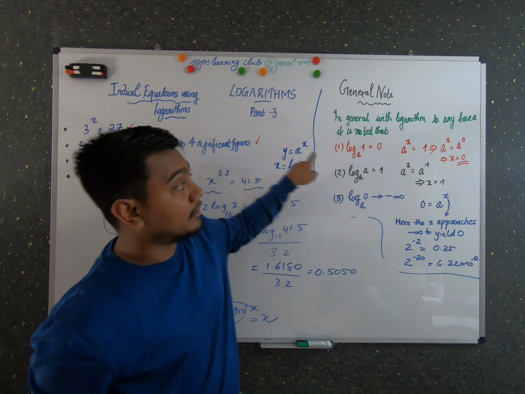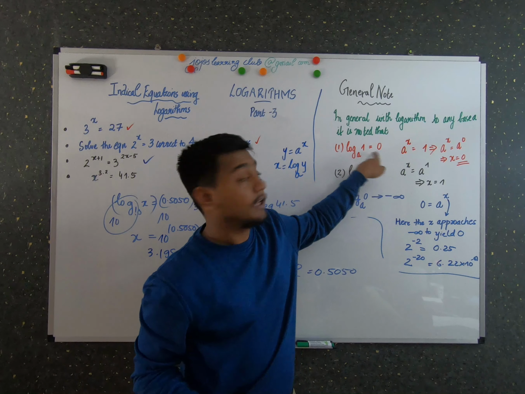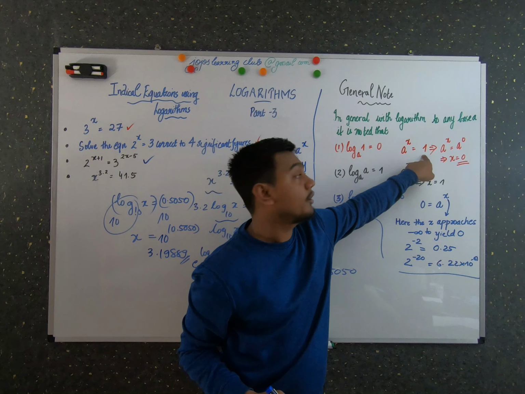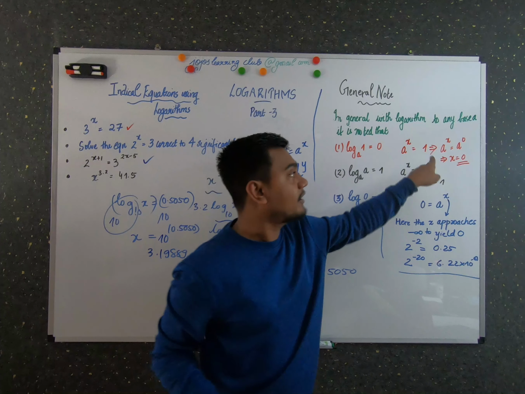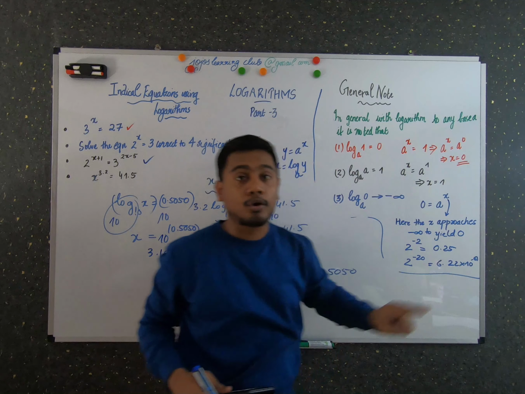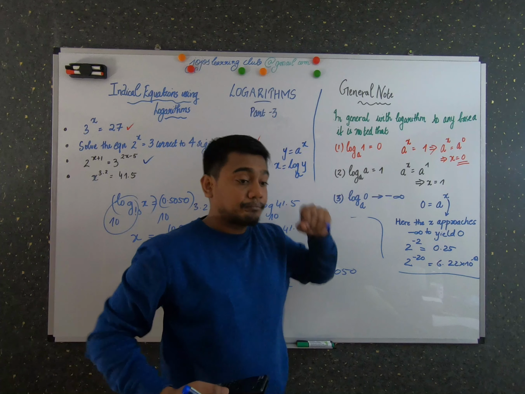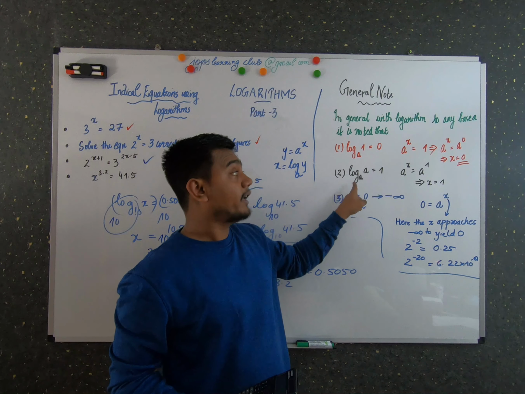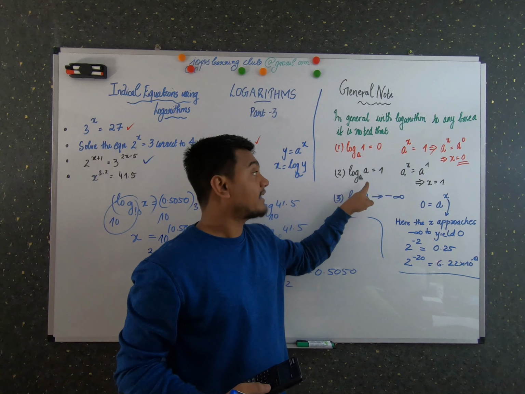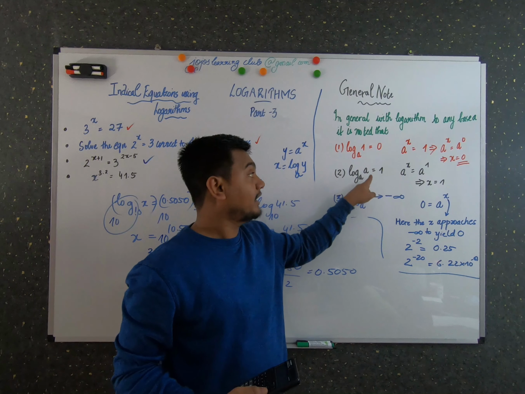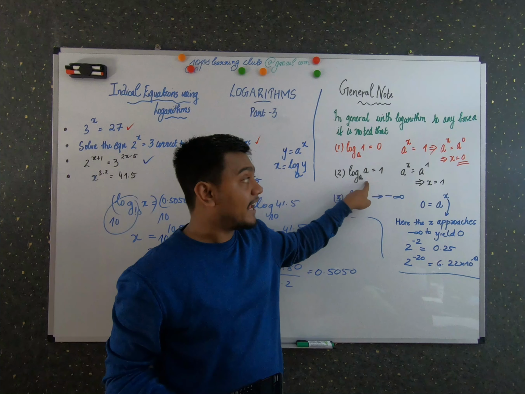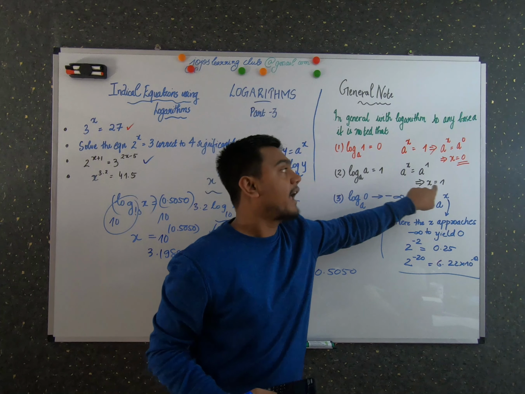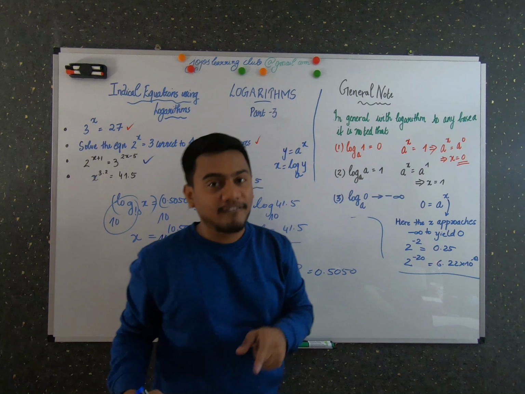So from that equation, you can write a raised to x is equal to 1. And a raised to x, when do you get 1 here? You get it only when a is raised to 0, right? So from that we know that x is equal to 0. So to any base, log of 1 is always 0. And similarly, to any base, log of that same base number, when the base and the value are the same, the value is 1. Because a raised to x is equal to a raised to 1, and from that you get x is equal to 1.